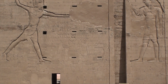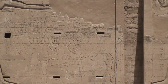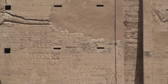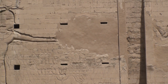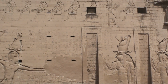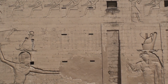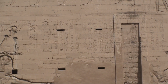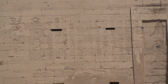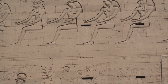As I told you, this temple is dedicated to the god Horus-Behdet, the legendary son of Isis and Osiris. This city is also famous by two opposite names. It's famous as the city of the beautiful meeting, as we were referring to the beautiful meeting between the god Horus and his wife Hathor inside, and also as the city of the conflict, or the city of the revenge, because here we will see the second part of the conflict between the child Horus and his